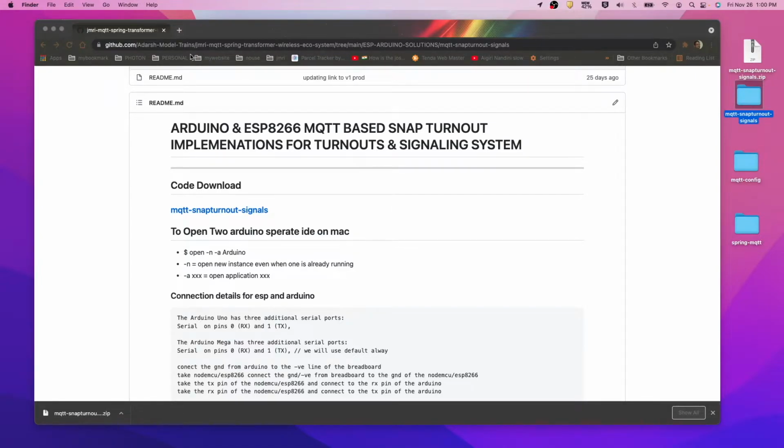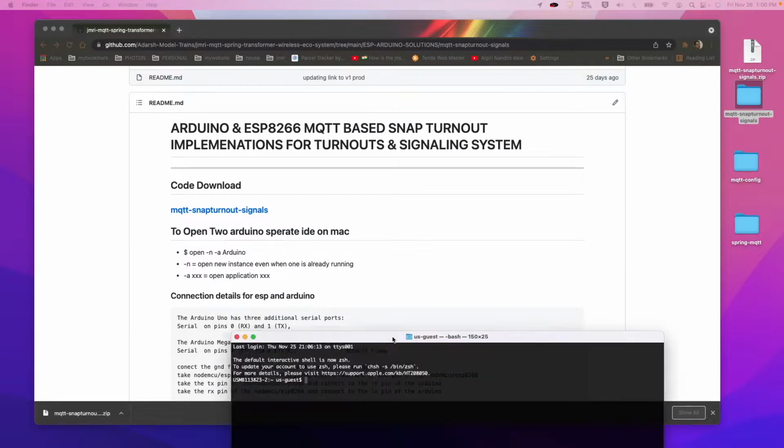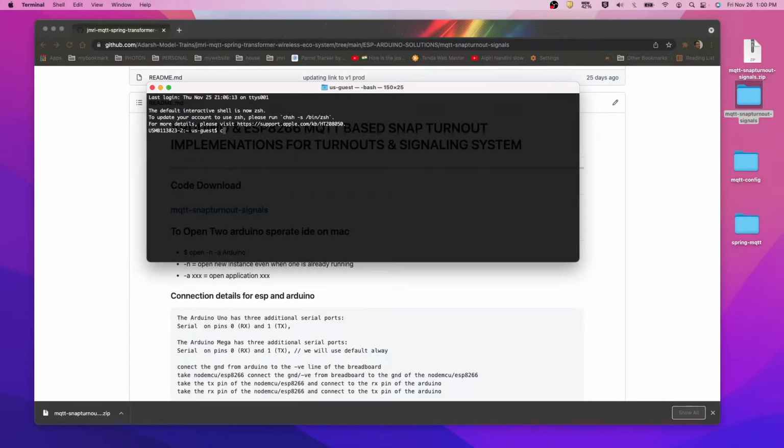But before that, first we will start our basic configurations. So we'll start our MQTT.